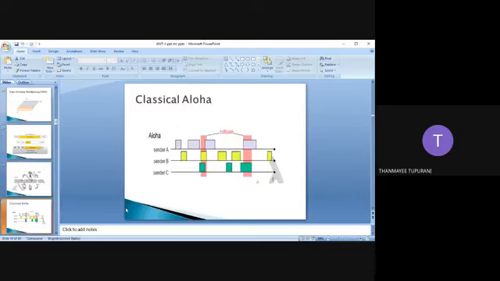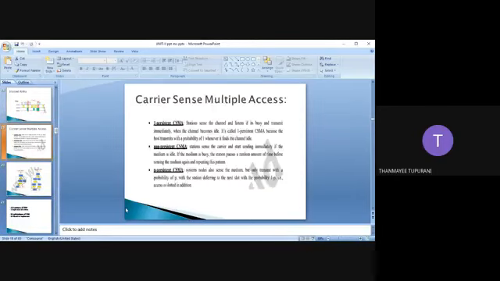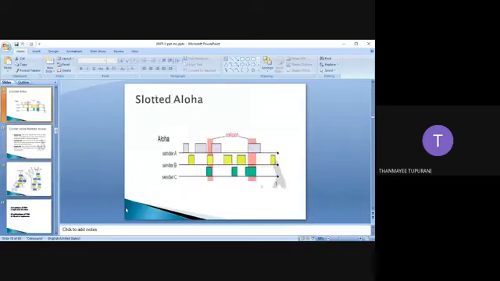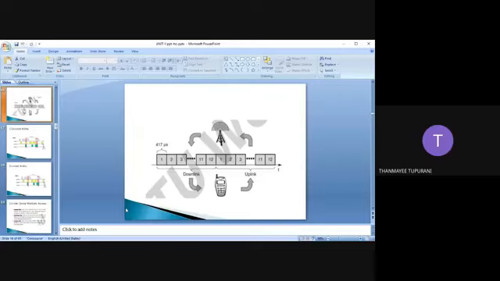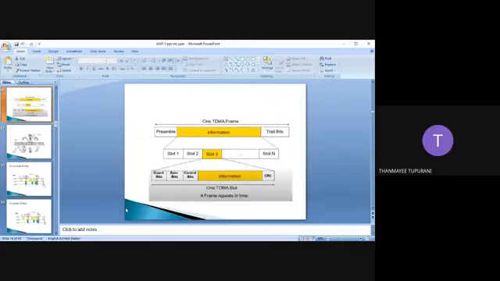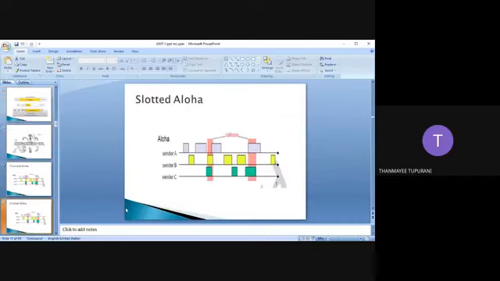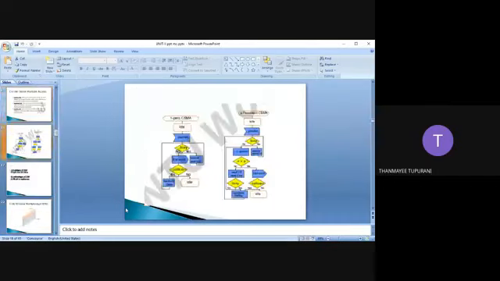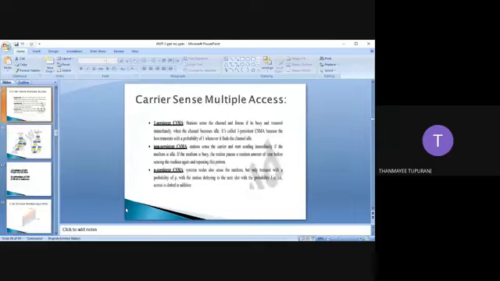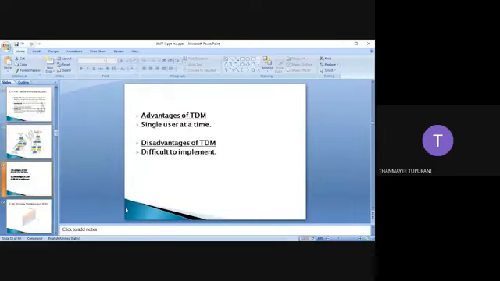And next, slotted aloha and classical aloha. These are just fillers, not the main ones, but it is an important question. Yes. So, in total there are CDMA, TDMA, FDMA and SDMA. I have asked for only TDMA and FDMA. Yes. So this should be written as a simple process, along with persistent, non-persistent and p-persistent, and the advantages and disadvantages. I'll be sharing in Google Classroom. I think I didn't share the PPTs in Google Classroom.